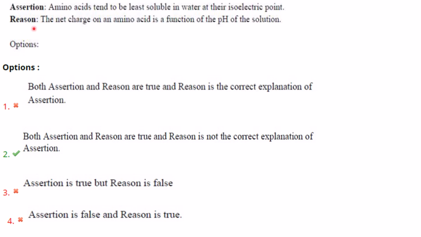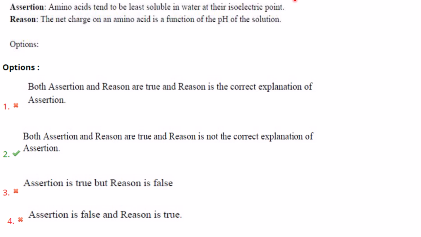Now what is the reason they have given? The net charge on an amino acid is a function of the pH of the solution. Of course that statement is correct. At a low pH the amino acid gains protons and it is positively charged, and at high pH the amino acid will lose the protons and become negatively charged. So whether the amino acid is positively charged or negatively charged, it is based on the pH of the solution. But that is not the reason why amino acids tend to be less soluble in water